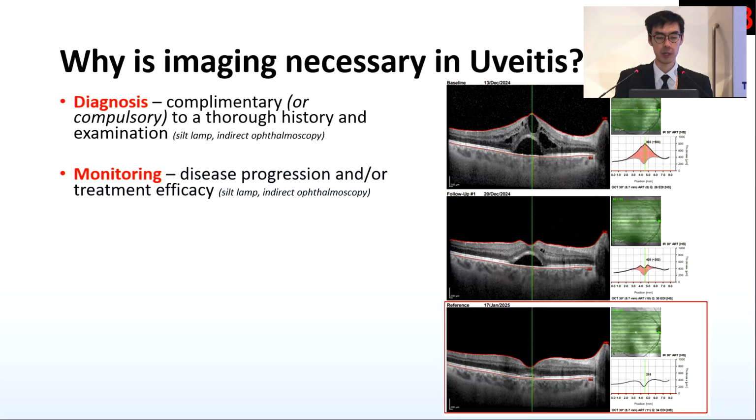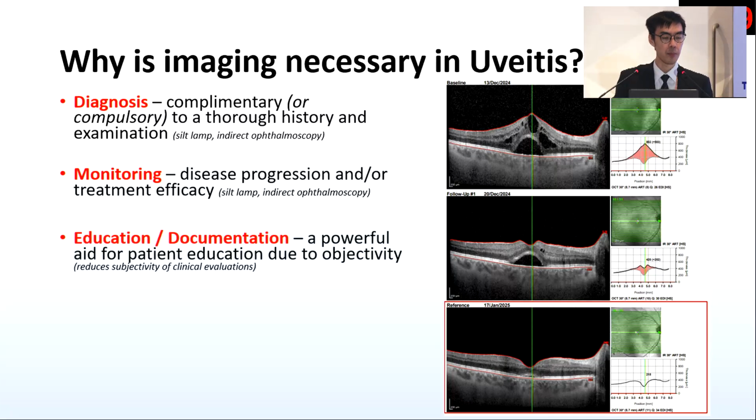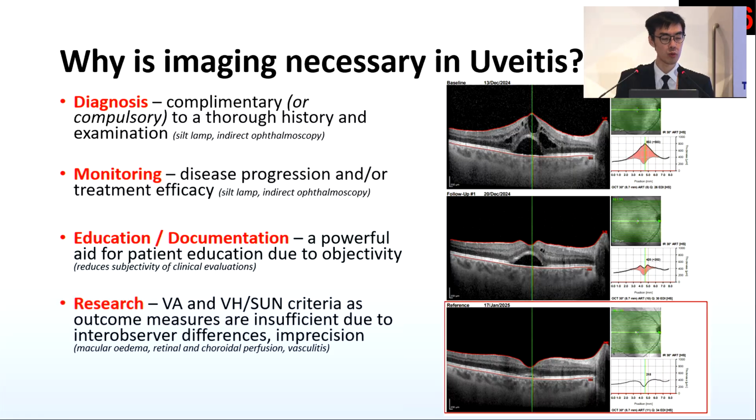We now have great tools with our machines for longitudinal follow-up. This is the Heidelberg Spectralis platform. You might be using Topcon, you might be using Zeiss Retinal Workplace, but these show how powerful it is for longitudinal follow-up of disease progression and treatment efficacy. Related to that, a picture speaks 1,000 words, especially with uveitis being a chronic disease. A tool like this can be used for patient education as well as medical legal documentation. Lastly, in research, uveitis clinical trials are besieged by subjective outcome measures like visual acuity and vitreous haze. Imaging may help us try and quantify these areas.